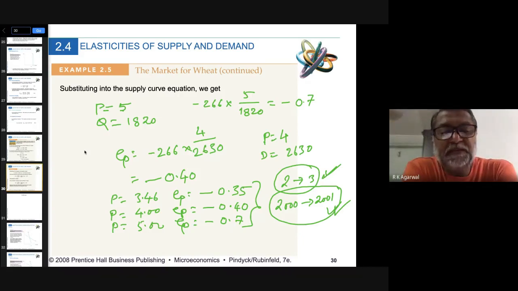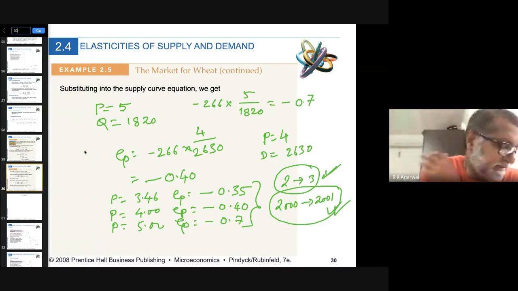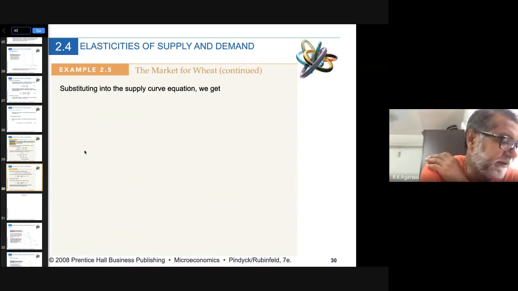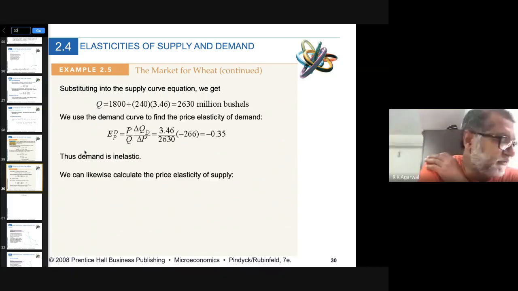But if the price of a car is 10 lakh rupees and if the price of that car becomes 11 lakh rupees, that is if it goes up by 10%, then there will be a huge impact on the demand for cars, because you were already paying a lot of money for buying a car, and now they're asking for even more. So that is why at higher prices, the responsiveness of demand is relatively more than at lower prices. This is the logic behind it. So this is how we calculate point elasticity of demand.